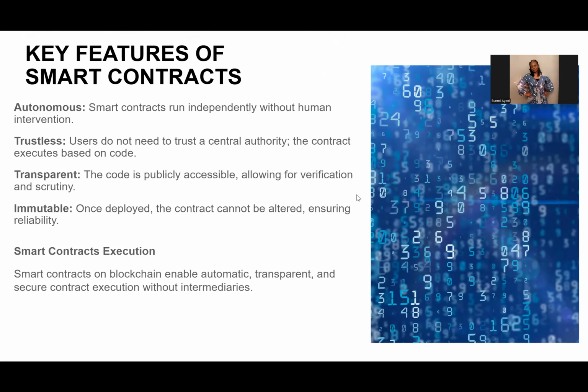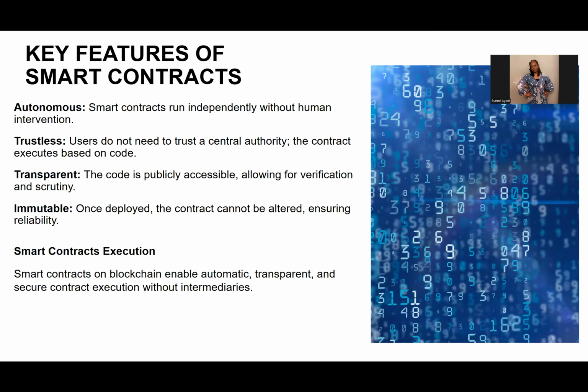Okay. Let's look at the key features of a smart contract. It's autonomous, that is, contracts run independently without human intervention. It's trustless, meaning that users do not need to trust a central authority. The contract executes based on code. It's transparent. The code is publicly accessible, allowing for verification and scrutiny.